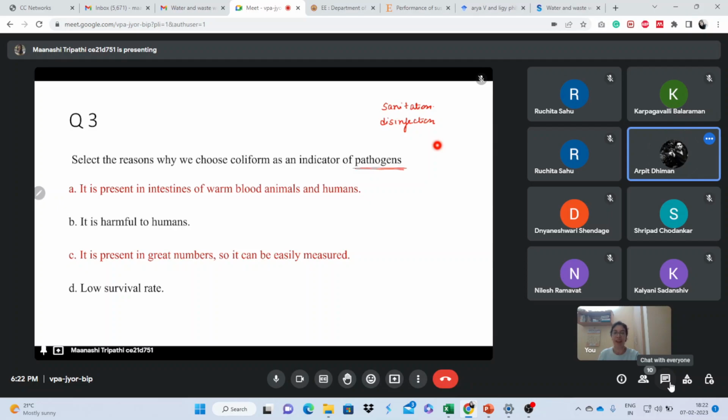No, no, no. Okay, I'll tell you. When we say I have sanitized, see, this is a mouse, I'm saying I have sanitized it. It means I have killed all the bacteria. Good, bad, everything I have killed. And when we say disinfection, we are killing only bad bacteria, pathogenic bacteria.